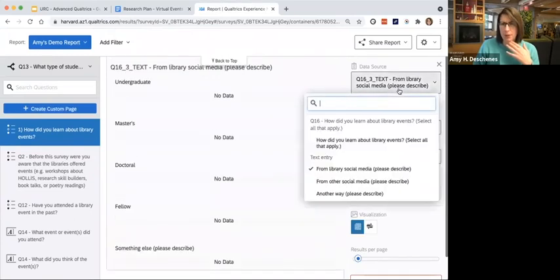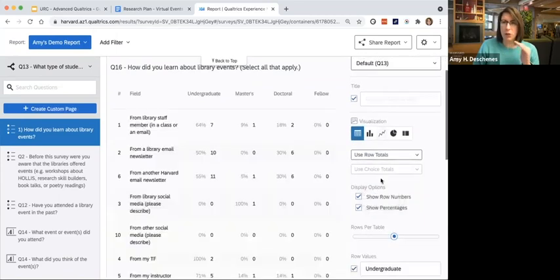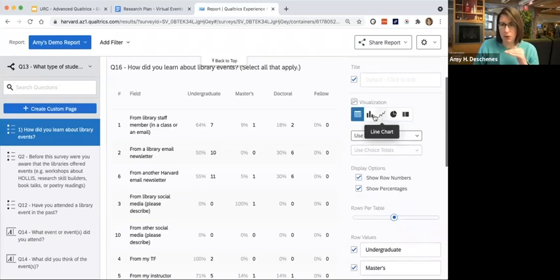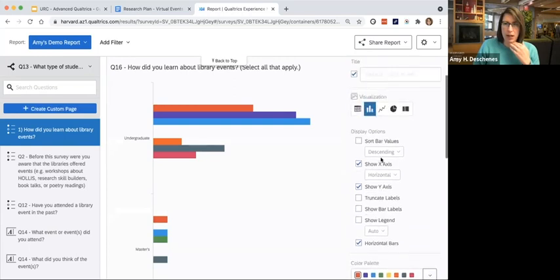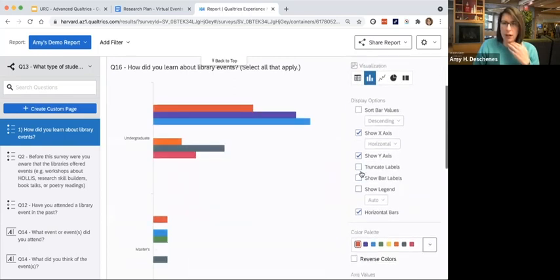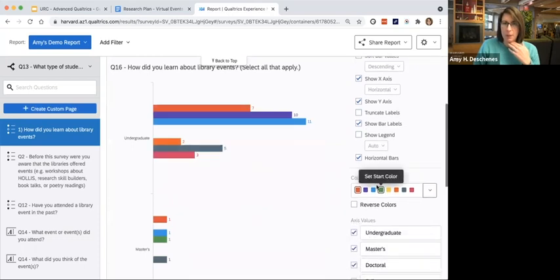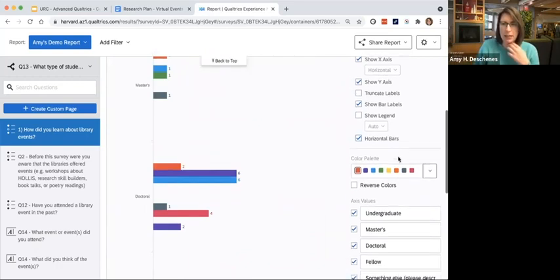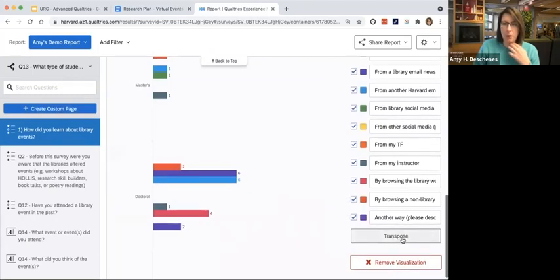I'm not sure what happened there. That's weird. But anyway, I would say to explore this visualization and figure out what works best for you. One other thing that I think is important to decide, if you are using a bar graph, I like to show the bar labels. I think it's easier to read. There is also an option to have a legend or an X or Y axis. And the other thing I always think about is if I want to do this transpose option.